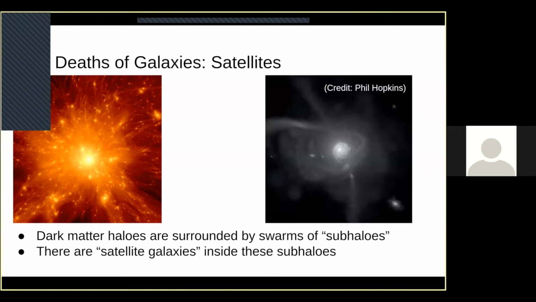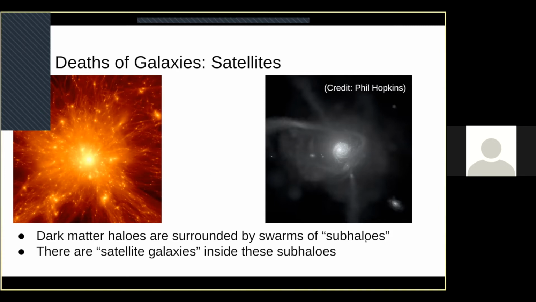And this is related to what we were talking about earlier on with the LMC. So you may die on your own, but you can be killed by another galaxy. So every dark matter halo, and we saw this in the movie, is surrounded by these little tiny, smaller dark matter halos. These are called subhalos. These are pulled in from the surroundings and start orbiting the dark matter halo and being destroyed by its gravitational pull. It pulls the mass right off of them and eventually just rips them to shreds.